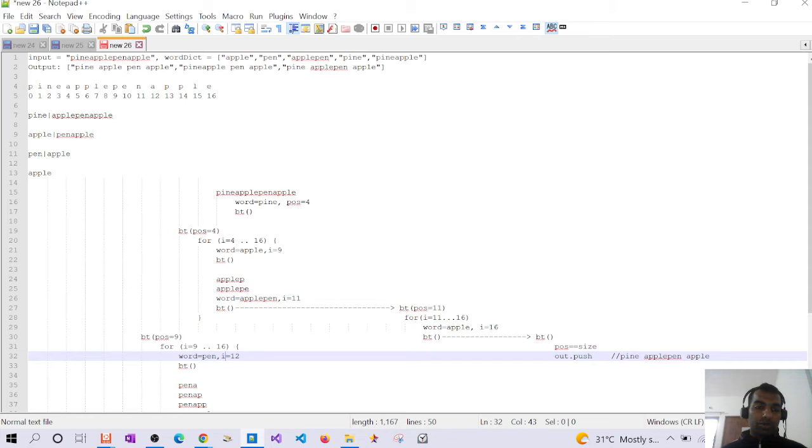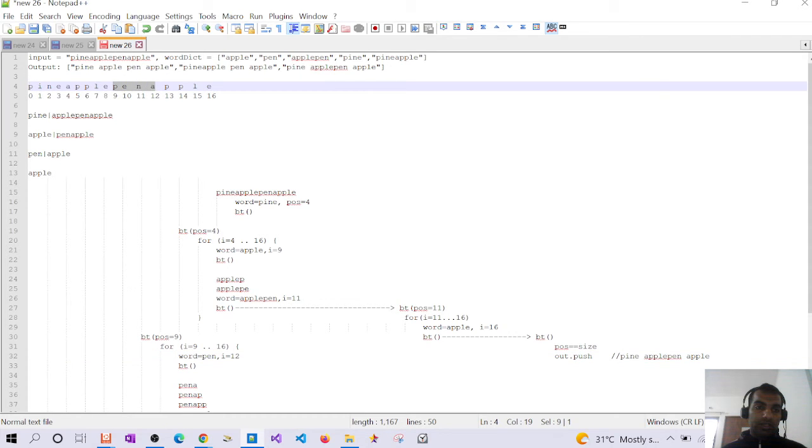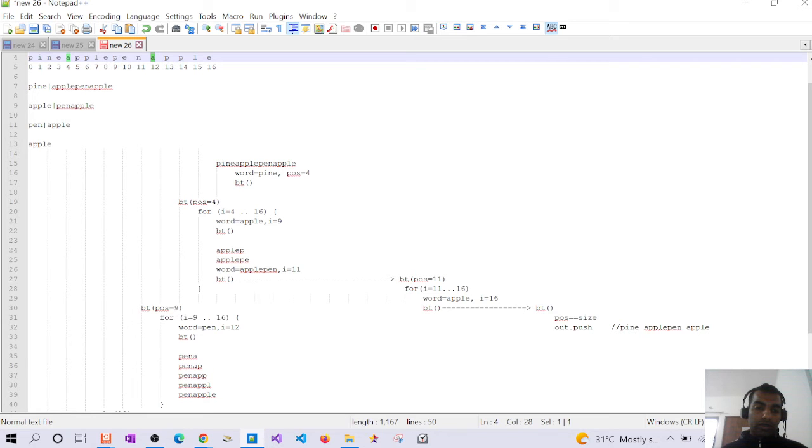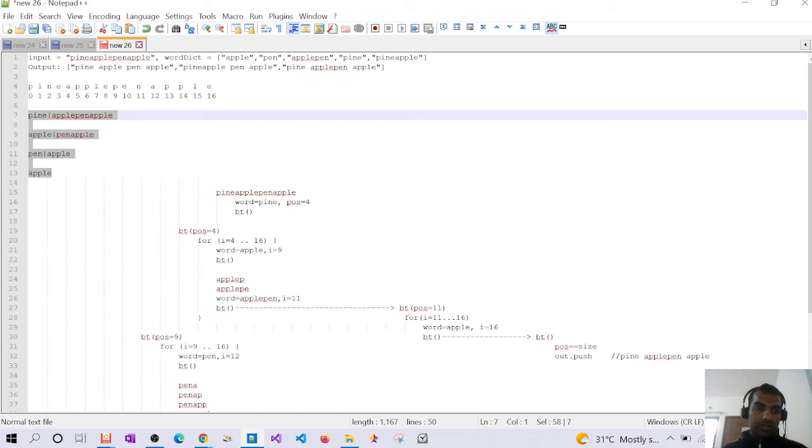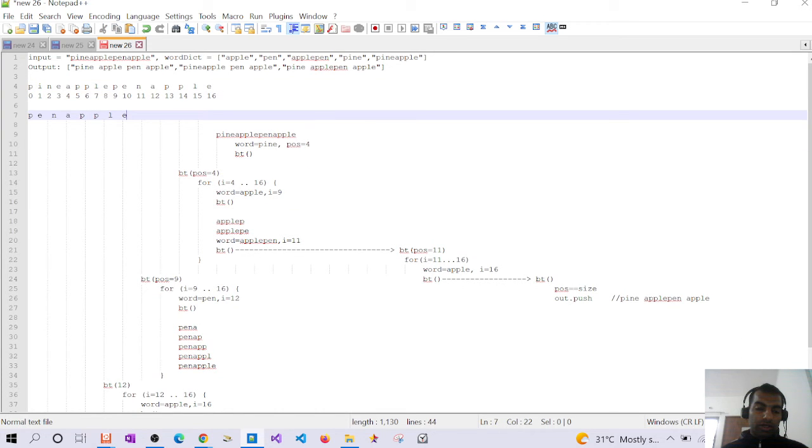So I equal to 12 was here, right? At I equal to 12, we have just jumped onto another backtrack function. So now we'll place A. We were here, right? Let me just write it down. Okay, so now we will place A